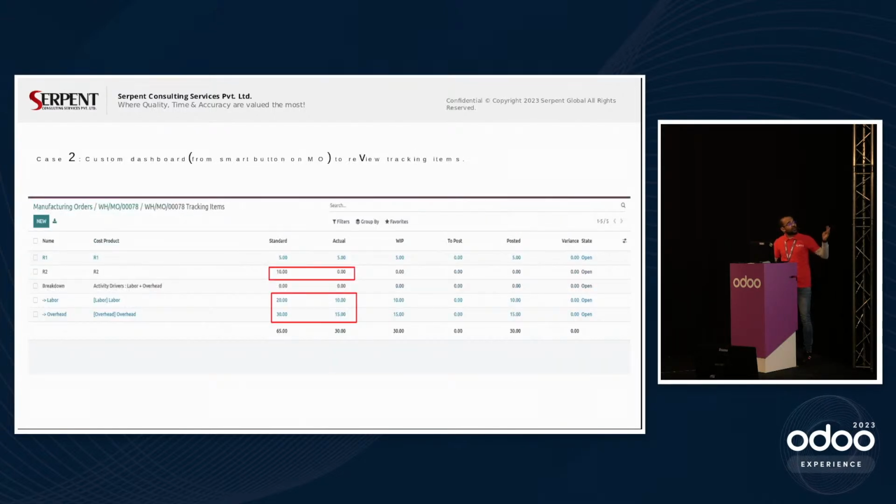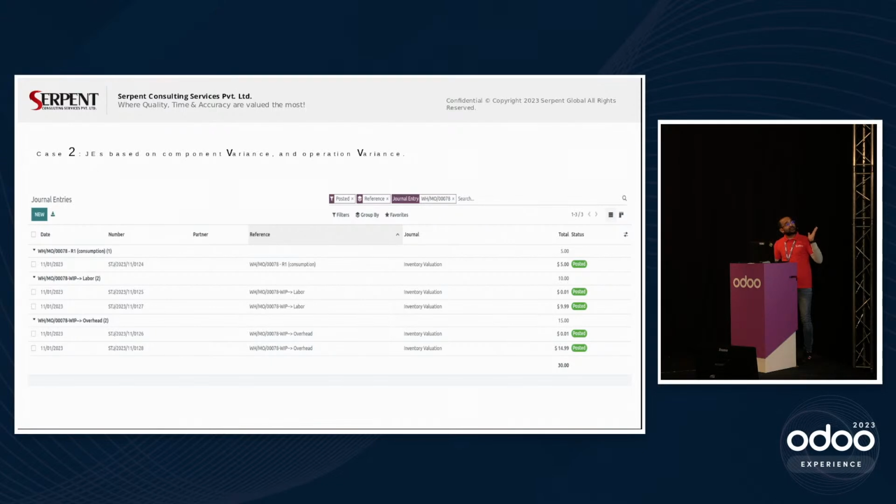So the impact would be, okay, actual was 0, now the standard would be additionally $10 quantity would be added. So earlier it was supposed to be 65, now it is, let's say, 30. So this is the cost impact. And then further on, in the variance operation, we have an option to see the journal entries. That's where you see the impact of journal entries, the inventory valuation entries with the cost of consumption, the overhead cost, the labor cost. All such components we have pre-configured into our production order as well as the product. That's what we can see.